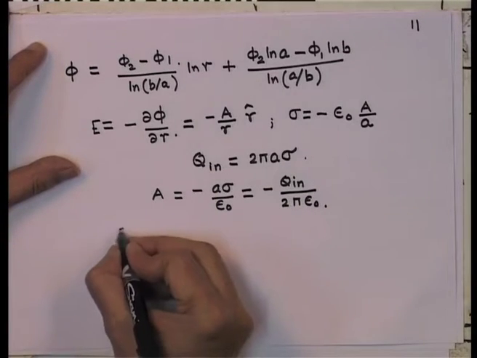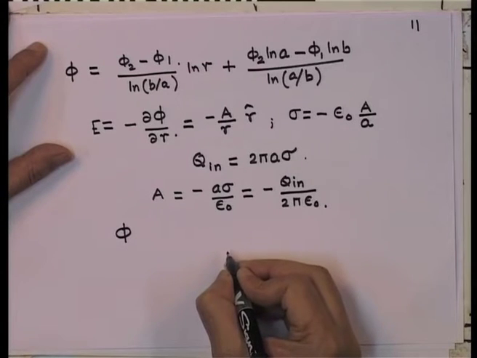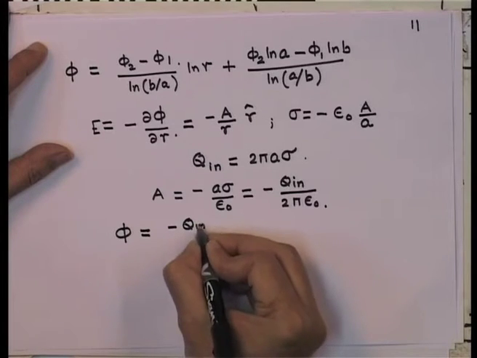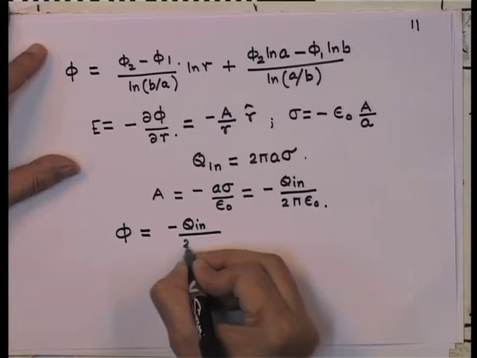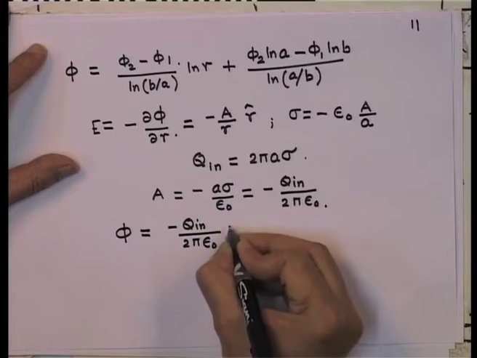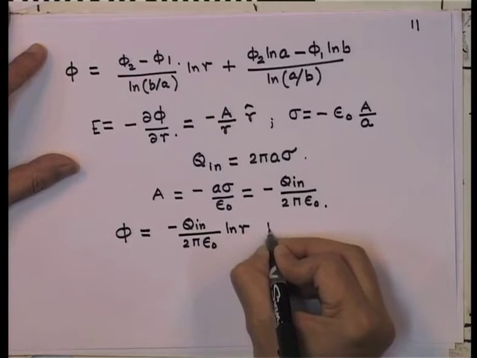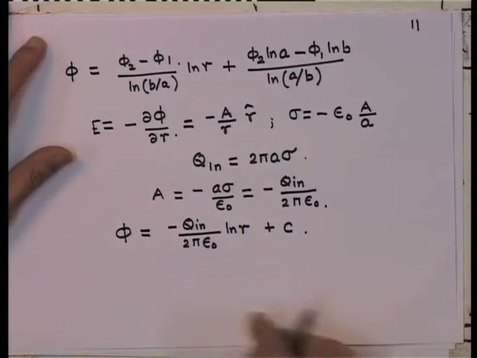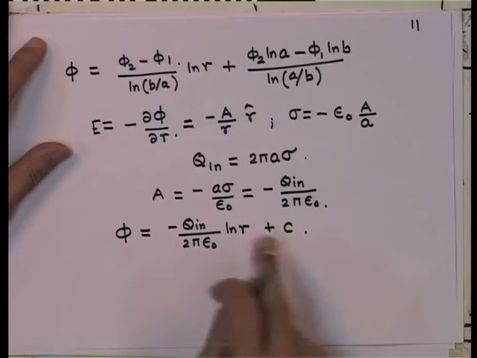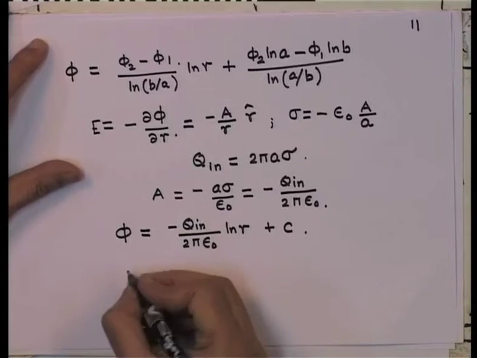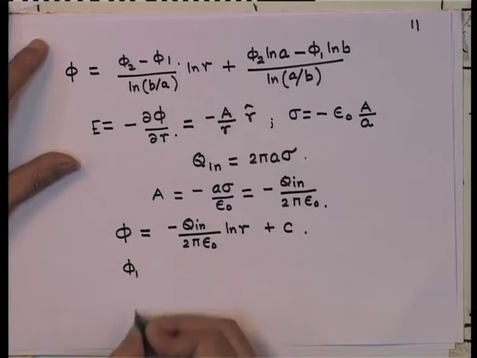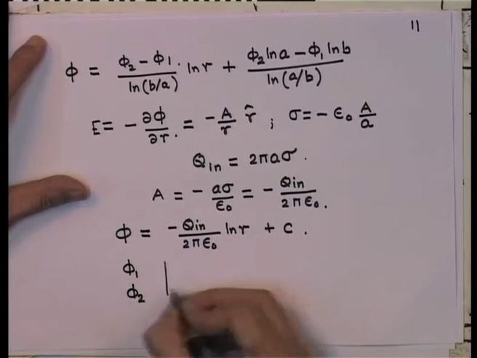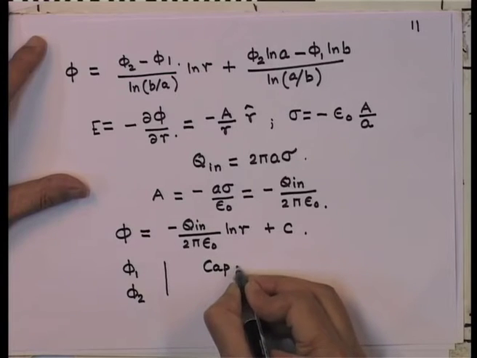So, this tells me that the potential phi at an arbitrary point can be written in terms of the charge in the inner conductor divided by 2 pi epsilon 0 times logarithm of r plus constant. I can write down now phi 1 and phi 2. So, I write down what is phi 1, I write down what is phi 2, and can define the capacitance per unit length